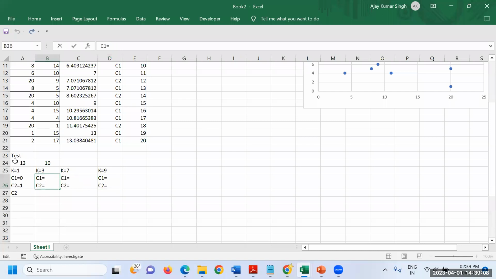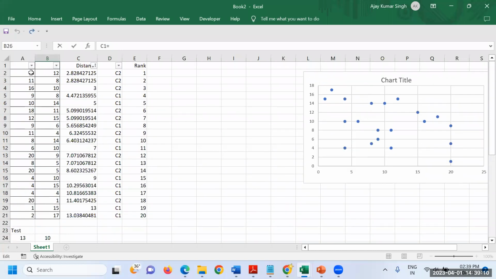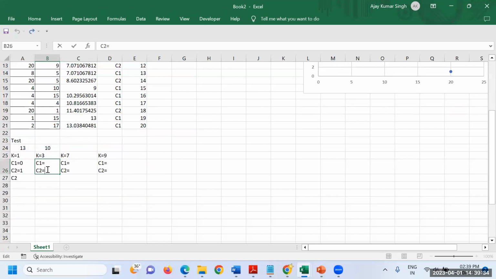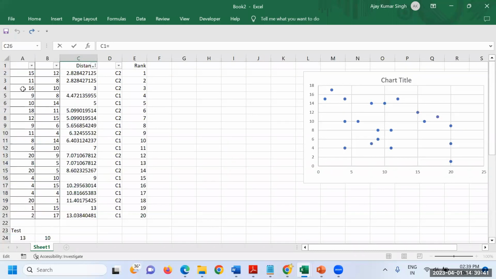So next, we are going to go for k equal to 3. So the 3 nearest points to that test data: 1, 2, 3, isn't it? Here also we are able to see that unanimously it is going to take C2. It is not going to take C1, not a single C1 is there. So we are going to say that it is falling under the C2 category, class 2. So how many C2s are there? 3 C2s are there, and no C1.